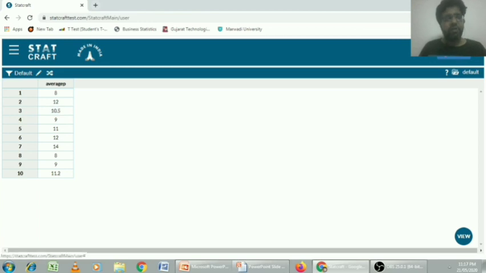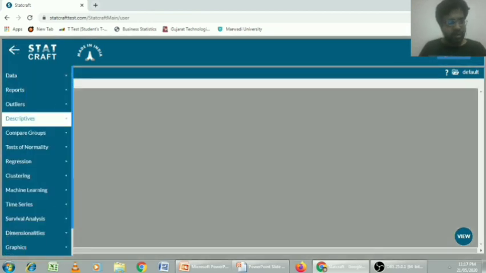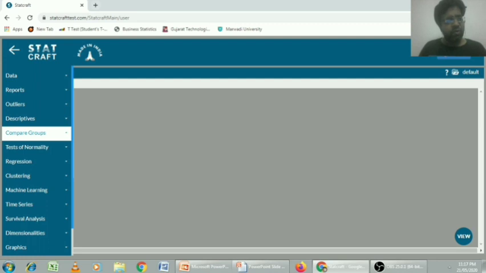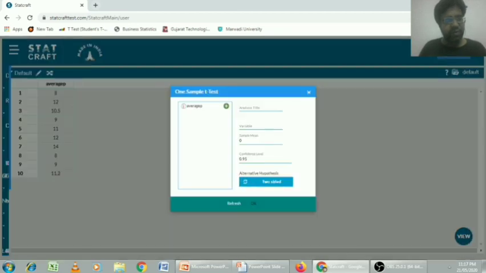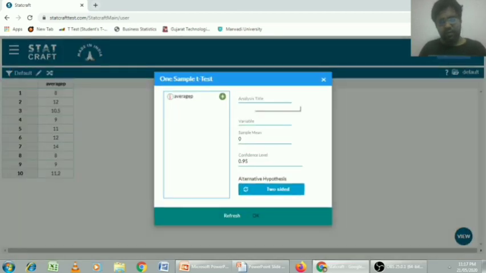Now if I want to do the t-test, I would go to compare means, then to t-test, and obviously it is one sample, so I will select one sample t-test. We have to write down the name, so I am writing t-test. We have to add the variable here, so I am adding the variable.